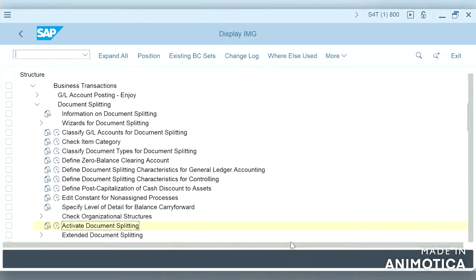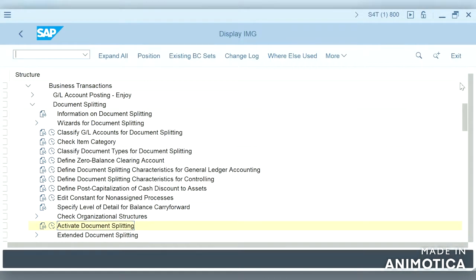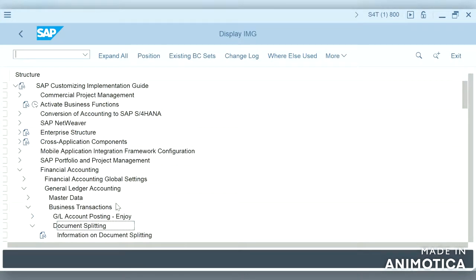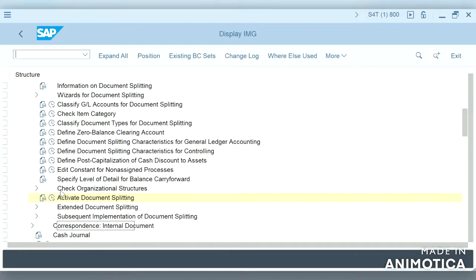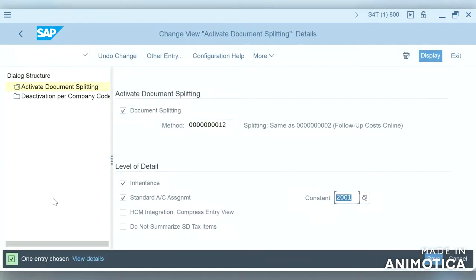So let us see where the configuration is, where we do the document splitting activation. So it is in Financial Accounting, General Ledger Accounting, Business Transactions, and Document Splitting, and Activate Document Splitting. Here by default we can see,